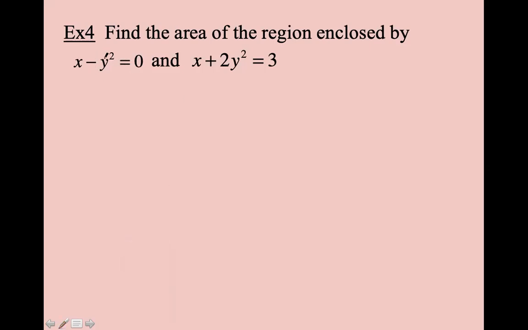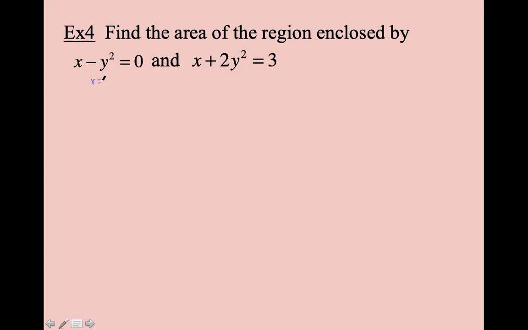All right, find the area enclosed by these curves. So if I try to solve this for y, I'd bring y over. I'd have y squared is equal to x. I take the square root of both sides and I'd have plus or minus the square root of x. Kind of gross. This one, similarly, if I solve for y, I would bring my x over, divide by 2, and then take the square root. And I kind of have a nasty square root function that I would have to simplify and have a plus or minus. So if I think of these in terms of y instead, or solve for x instead of y,